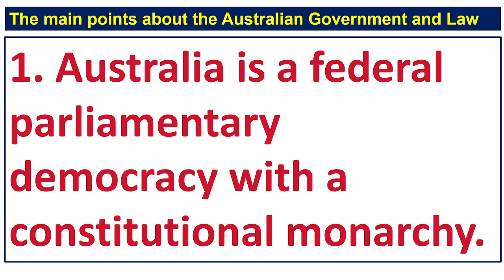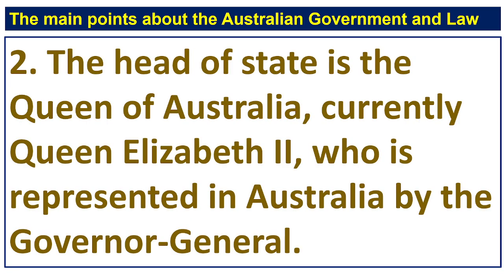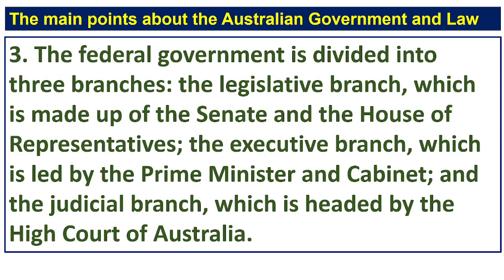Here is a list of some of the main points about the Australian government and law. 1. Australia is a federal parliamentary democracy with a constitutional monarchy. 2. The head of state is the Queen of Australia, currently Queen Elizabeth II, who is represented in Australia by the Governor-General. 3. The federal government is divided into three branches: the legislative branch, which is made up of the